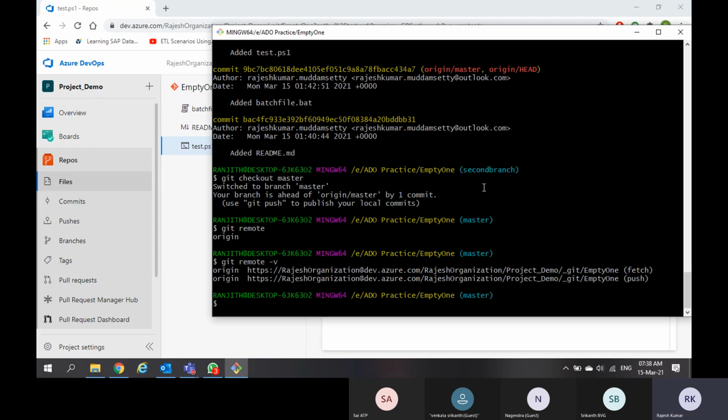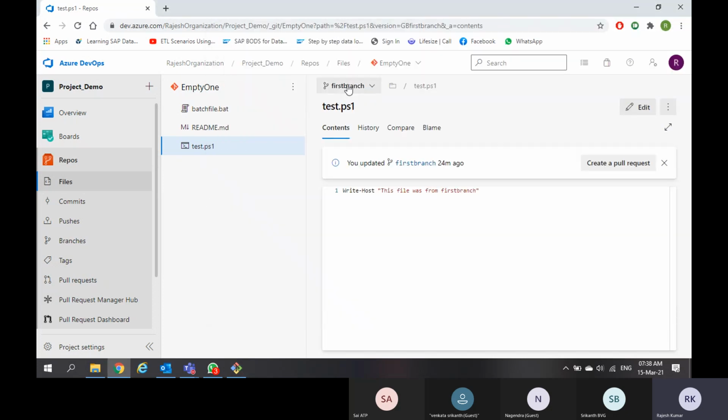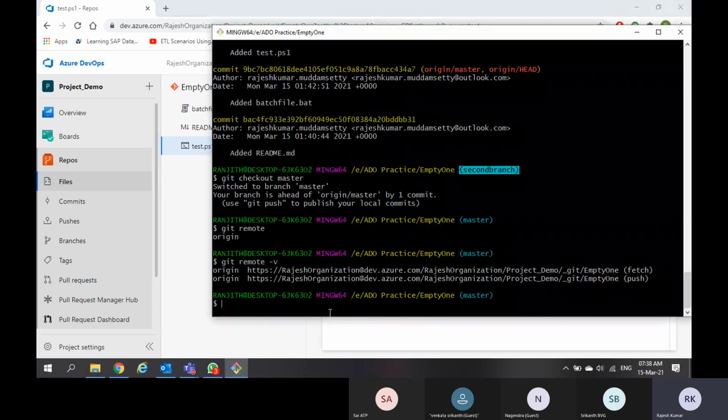Now I want to push only the second branch, so that the second branch will come here. What can I perform? git push origin, and give the second branch. Whatever you want to push, only give the branch name.